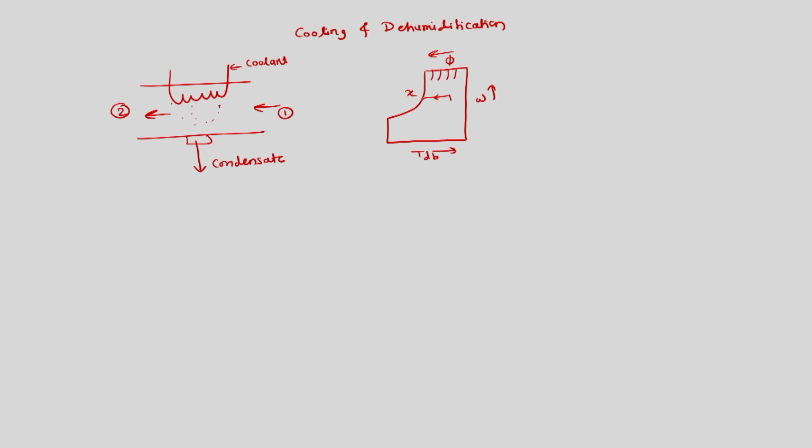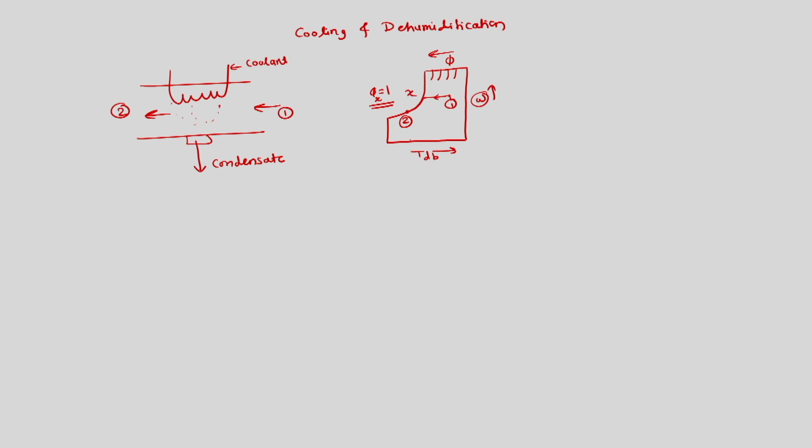and then what would happen is at x we will reach phi is equal to 1, phi at x is equal to 1. Then condensation will start, and then we will reach state 2, where we would have lower temperature than state 1, and then we would have higher relative humidity after the removal of the condensate, where omega or specific humidity has decreased. So this is dehumidification. So we have reduced the specific humidity and we have reduced the temperature.